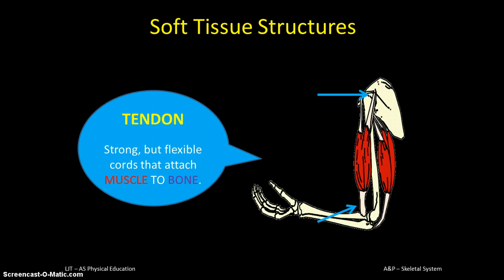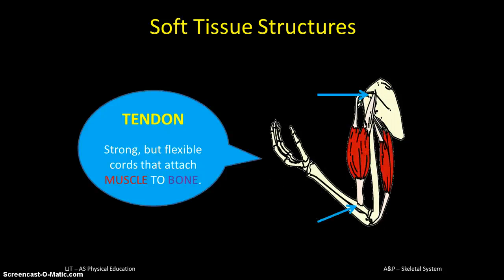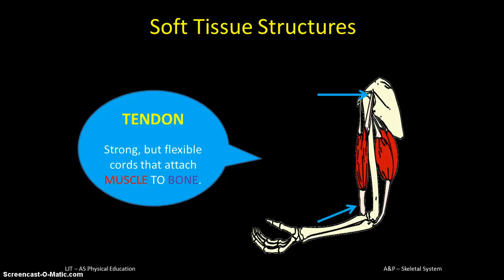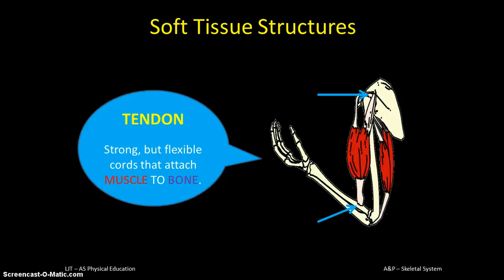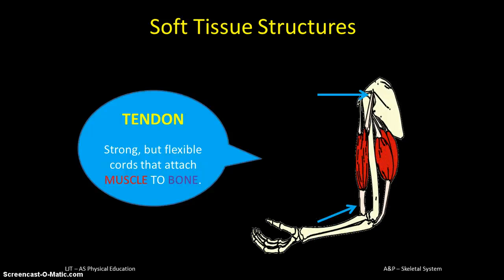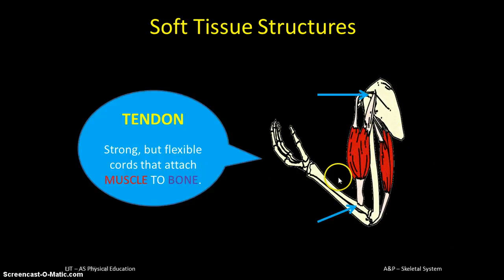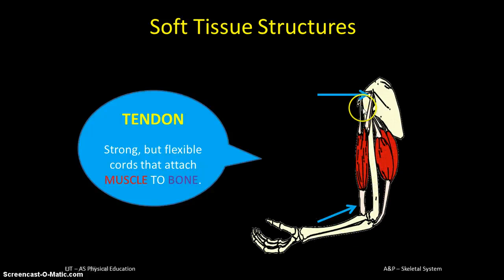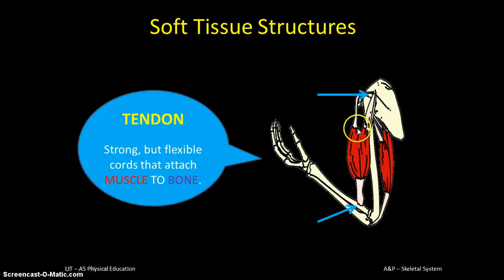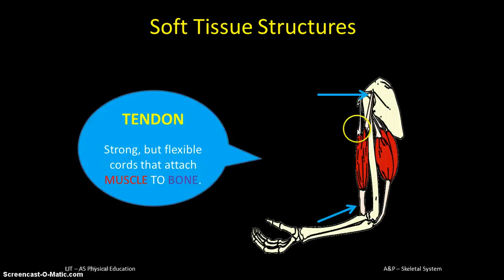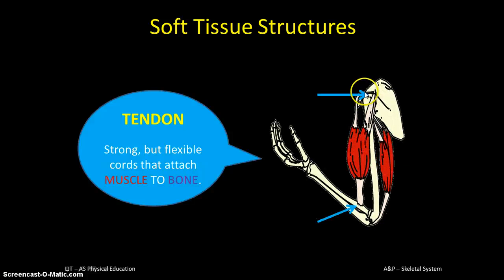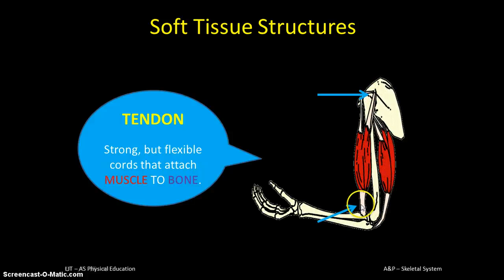So two important soft tissue structures that commonly get confused are the tendon and ligaments. Now, this picture is focusing on the tendons, and you can see there that tendons attach muscle to bone. The fleshy red part of the muscle here is the body of the muscle, and then the white material is the tendon. So you can clearly see that this muscle is attached to a bony structure at both ends of the muscle